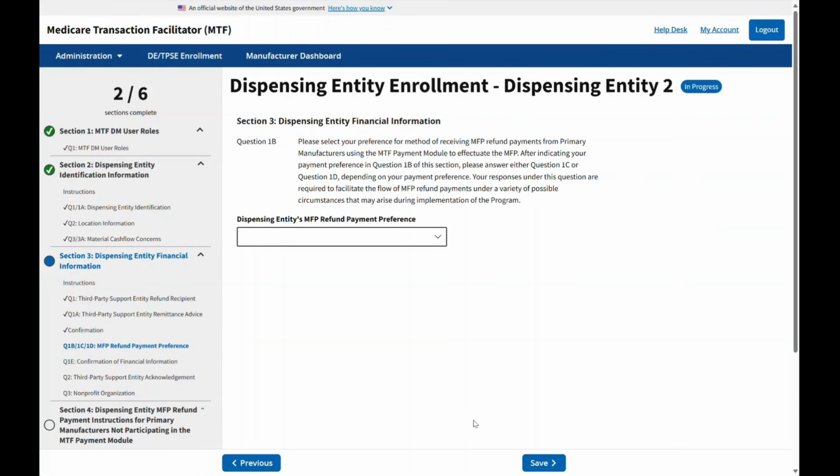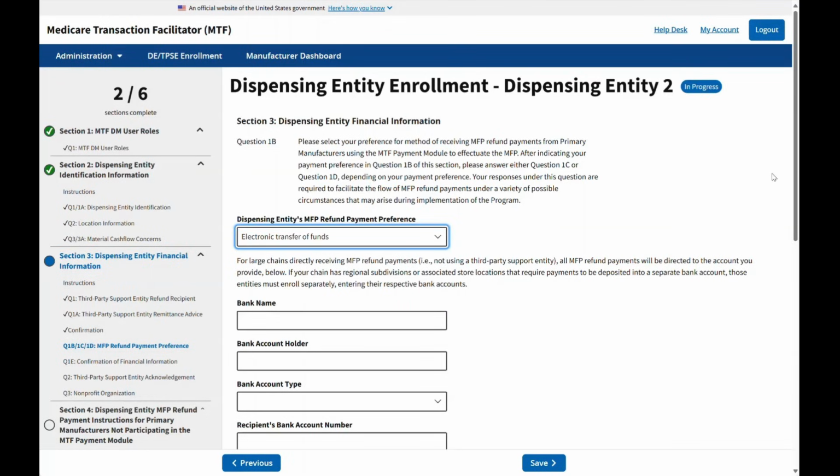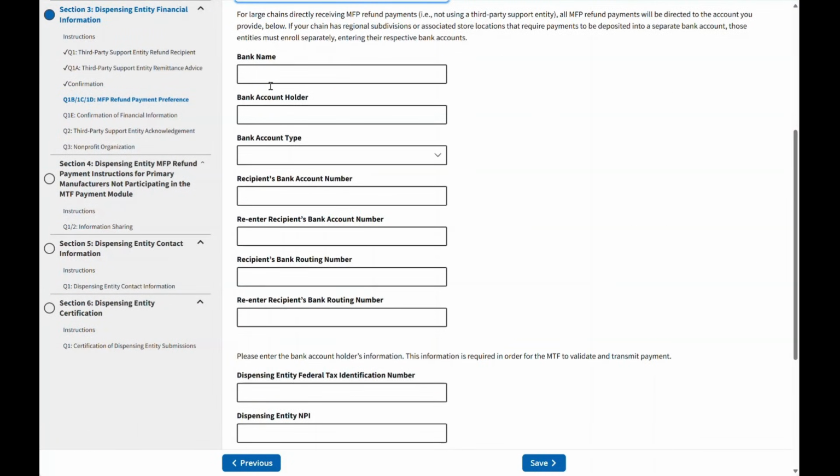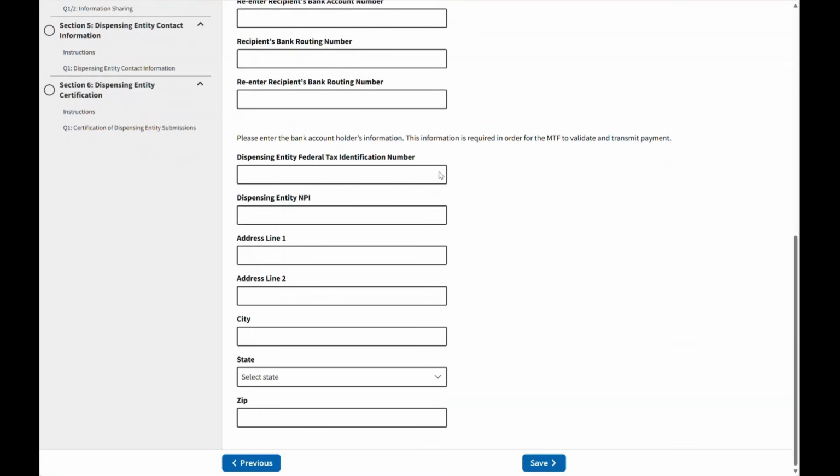Now you need to provide your dispensing entity's refund payment preference. From here, you can choose electronic transfer of funds or paper checks. When you select electronic transfer of funds, the information you need to provide is displayed. You will need to fill in all of your banking information, including your account number and routing number, your tax ID number, your NPI, and your address information.